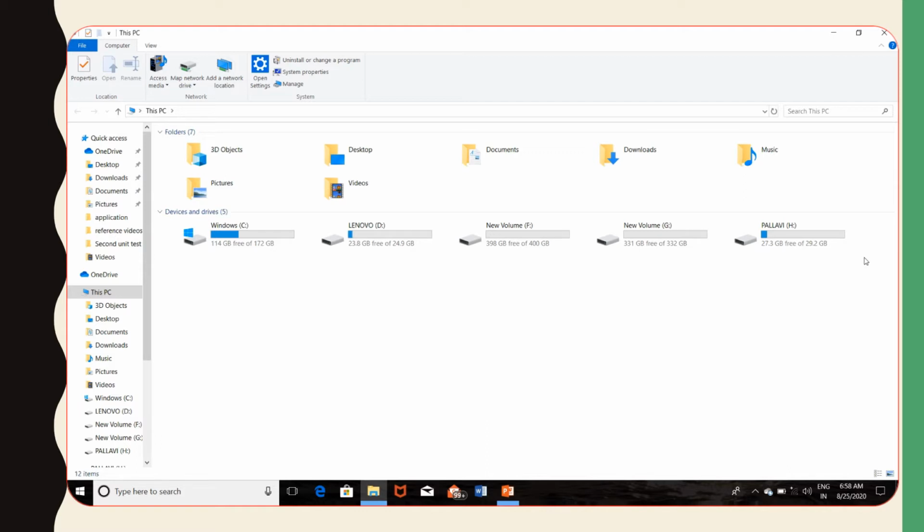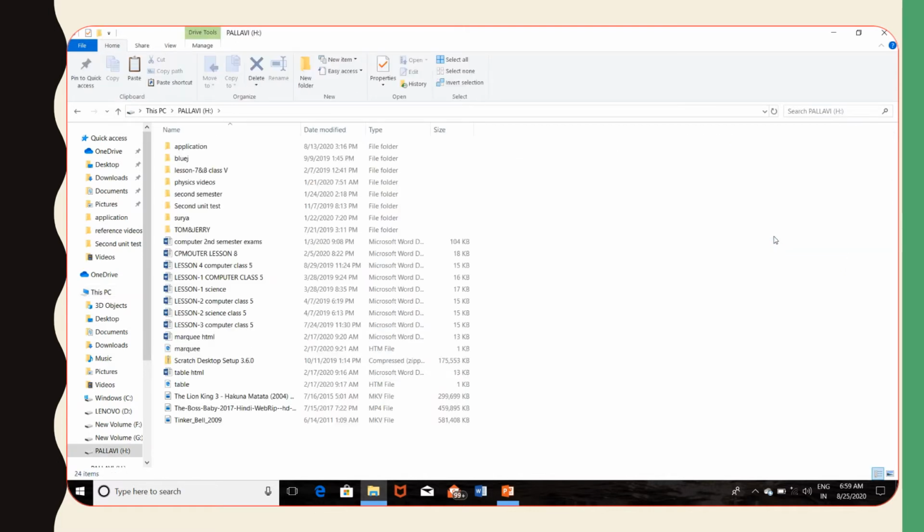So the removable disk, it means the pen drive, is appearing here by my name. First, let's double click on this folder. Then it is displaying all the data that is stored in the pen drive. Suppose we want to copy this Lion King movie from the pen drive to the computer. First we will select this movie by clicking on it. Now you can see that after selecting, it is appearing in blue color.